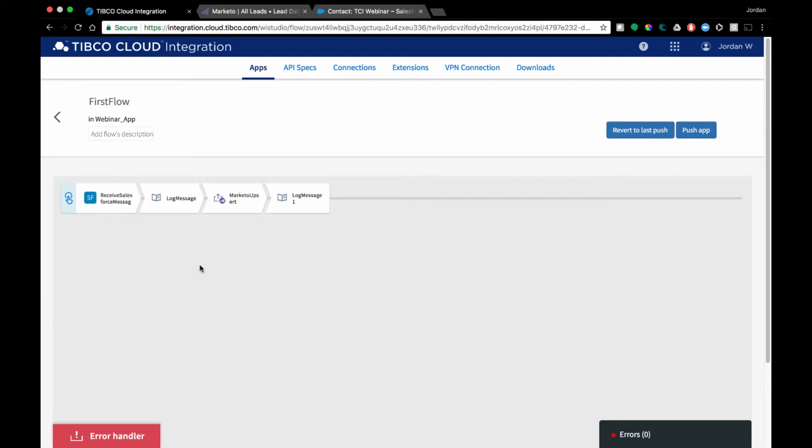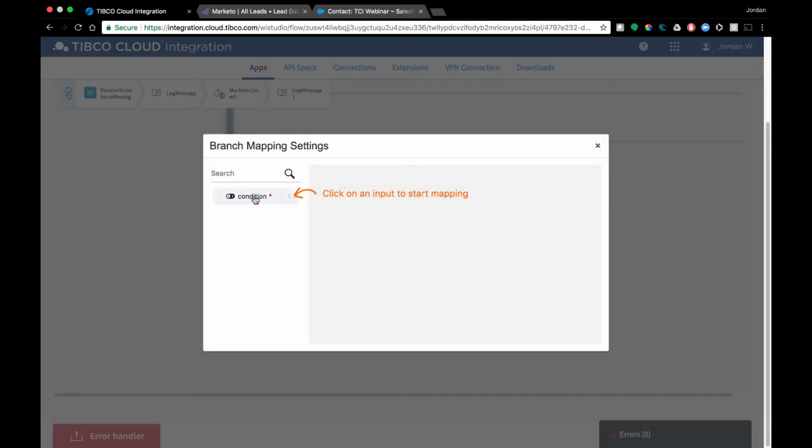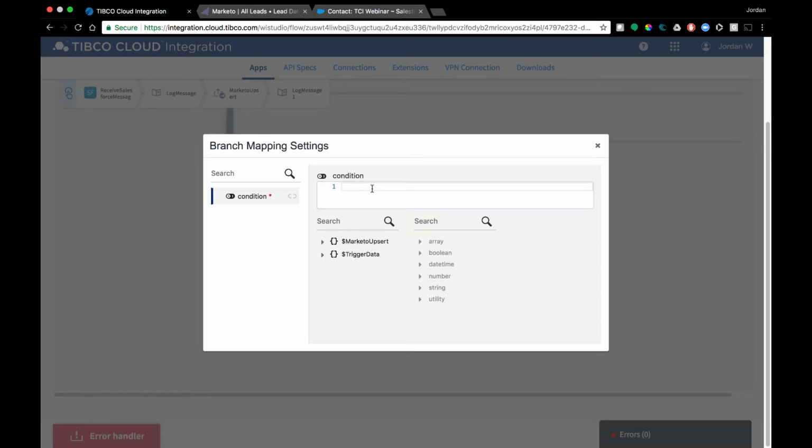The second thing I want to point out is that it's not just a one-to-one relationship. Flows can get a little more complex if needed. You can enter conditional statements, for example, if we wanted to further inquire on a certain type of message, such as when I click the condition, say if that condition is equal to, we'll say email